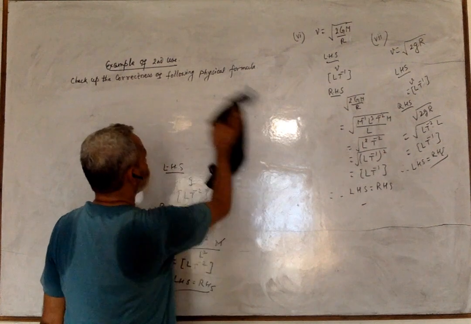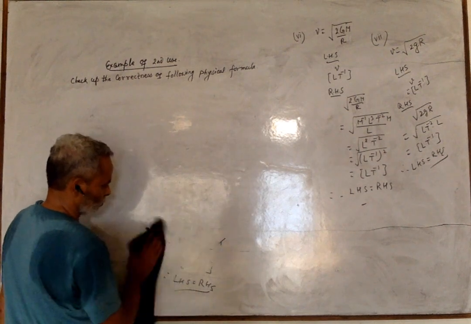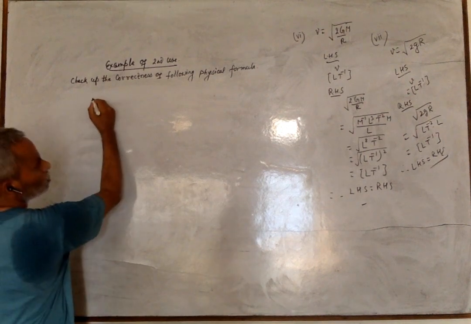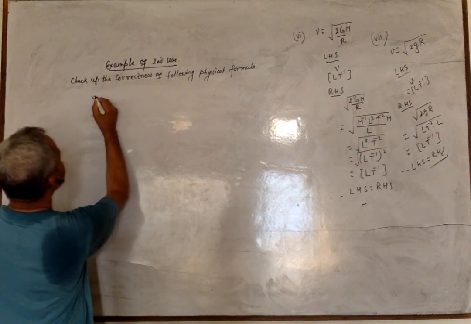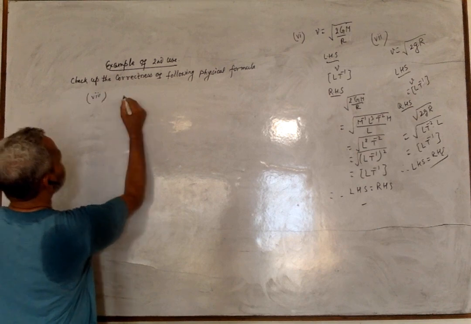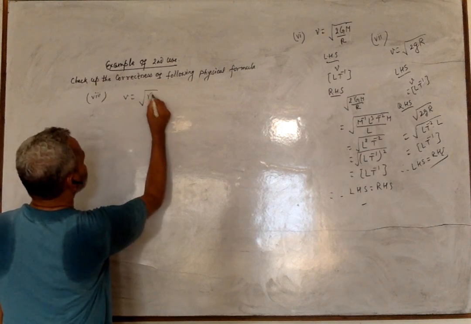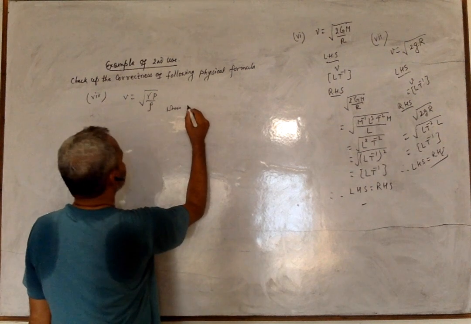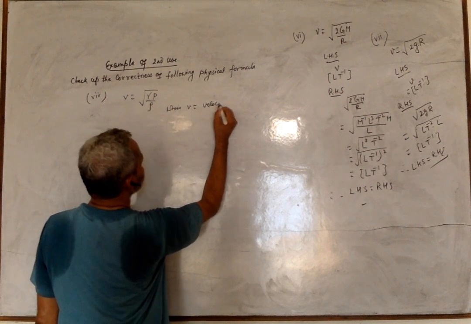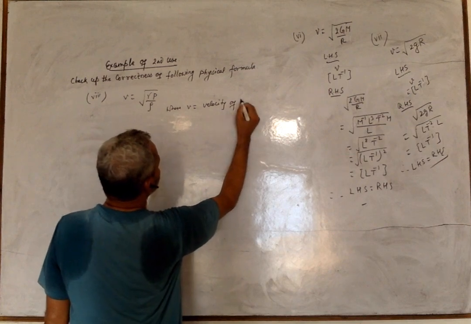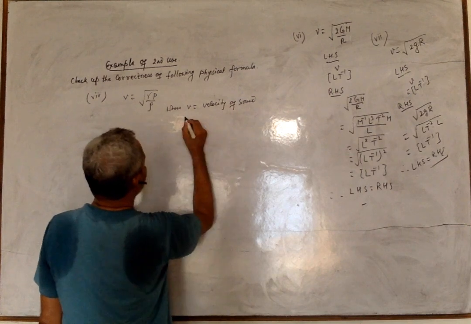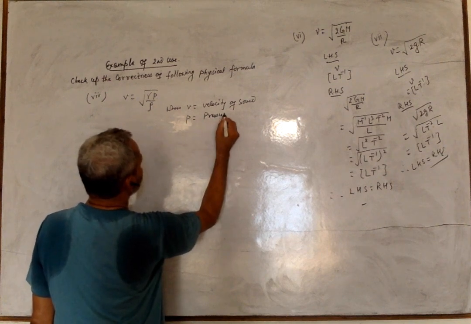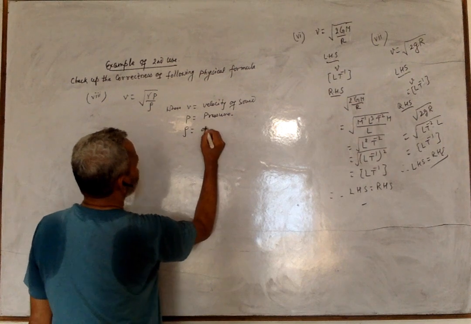The velocity of sound is given by V equal to root under gamma p by rho, where V equal to velocity of sound, p pressure, rho density,